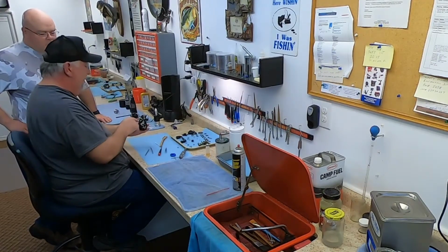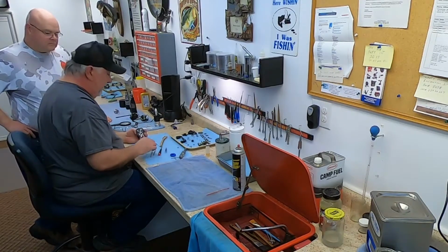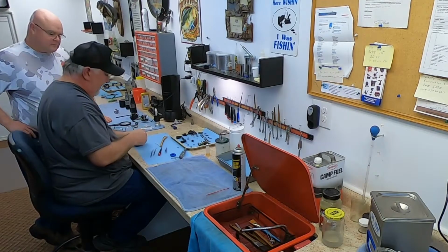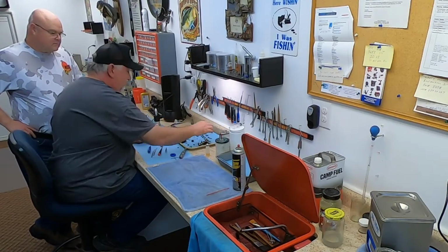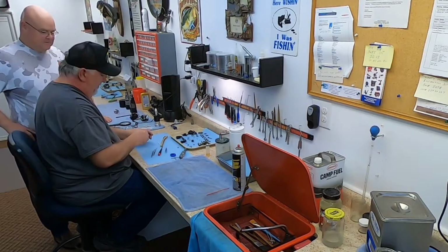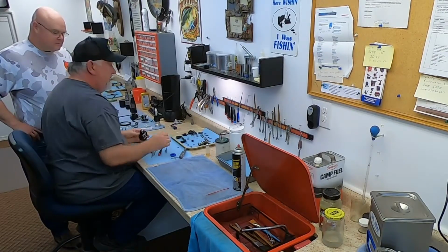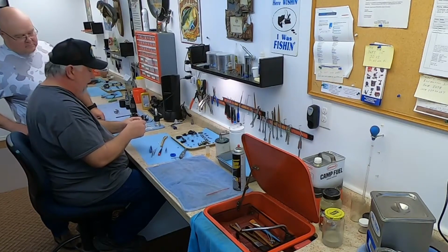Now, if you need to clean that, go a little farther here. We need a small Phillips head to get to this screw. These are tiny little screws, so don't lose them. One on this side. You know the nose cone is going to slide off. And now you can take the pawl cap off, which,